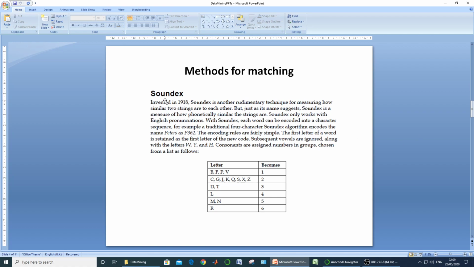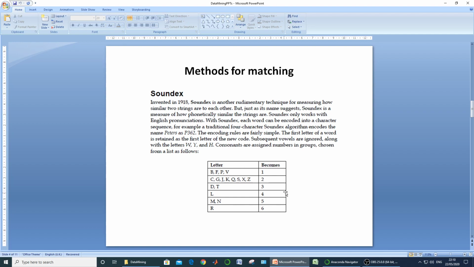Soundex works upon the phonetics of your strings or text. For example, let there be a word Peters. So its soundex code will contain the first letter P, or you can say that the first letter of each word is to be retained in the soundex code. Now vowels, all five vowels A, E, I, O, U are to be left. Means we just ignore the vowels while generating the soundex code. Now the first consonant, that is T, is to be searched in a soundex table.